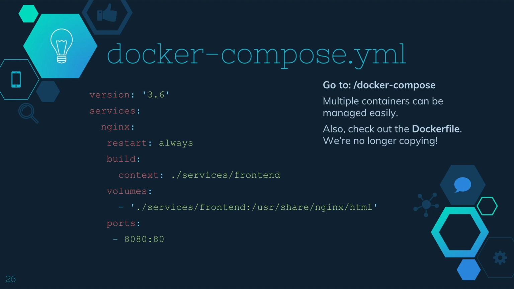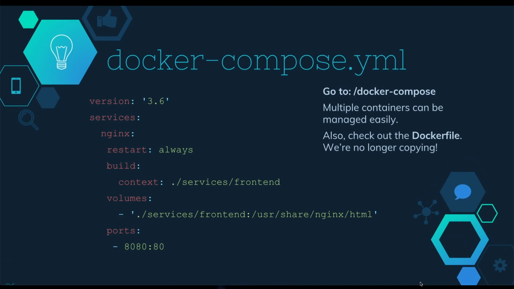The context, you're telling it where it's going to find that Docker file that it's going to build from, and also where to pull. Well, I'm sorry, that's the volumes. So it's looking for the Docker file with context, and then volumes is how we're going to copy our code into the container. So we're mounting a volume. It's going to serve whatever we have in front end goes into the HTML folder in Nginx. Nginx serves from that folder, so whatever we have in front end will get served. And then we're going to expose port 8080.